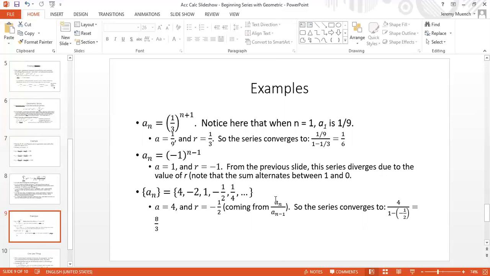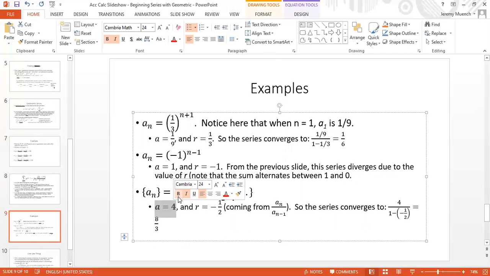Finally, we've got the sequence, rather, 4, -2, 1, -1/2, 1/4, presumably -1/8, 1/16, and so on. So here we get a equals 4 because it's the first term. We just get a equals 4. Neat, it's right there. And here we can find r just by taking any term and dividing by the term